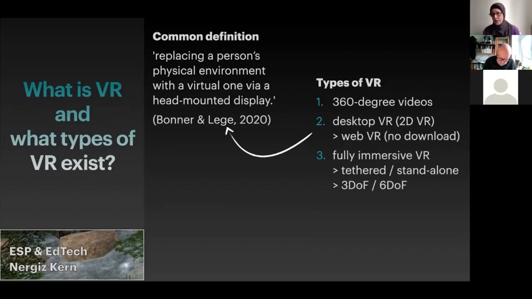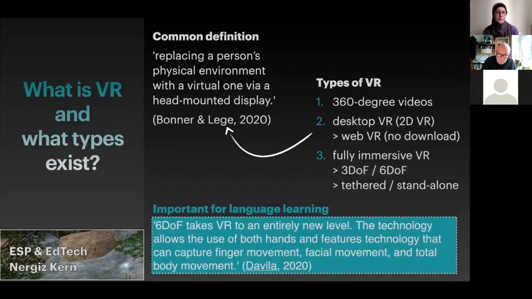With desktop VR, you just need your computer or your tablet. You don't need to put on any headsets, but it means that you're perhaps less immersed. There are also applications which you can use with or without headset, which is actually great, again, if you want to use it with students, and some of them have a headset and others don't. You can still bring them together into the same environment.